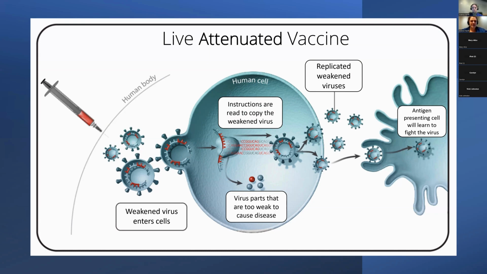Some examples of this, you might have heard of measles, mumps, rubella, varicella, so the MMRV or MMR vaccine. Those are typically live attenuated vaccines. Rotavirus, yellow fever, smallpox, some influenza vaccines, and typhoid vaccines are also live attenuated vaccines. These are not always recommended for everybody, so if you have any questions, you're more than welcome to ask your healthcare provider. But again, in any healthy, uncompromised person, these are perfectly, beautifully safe.